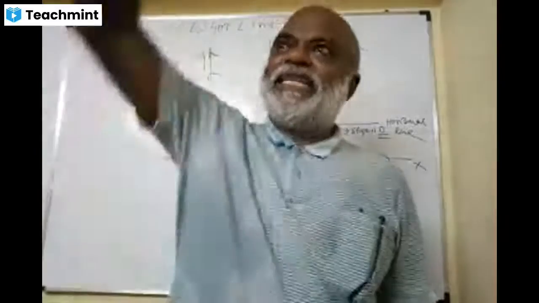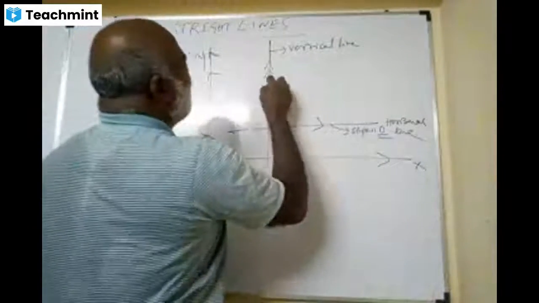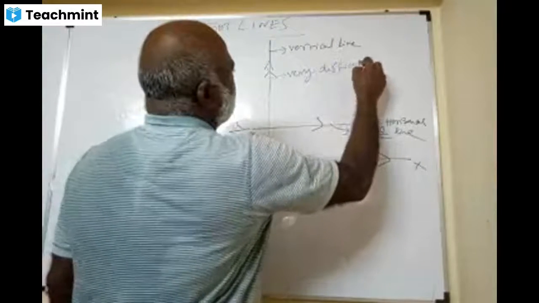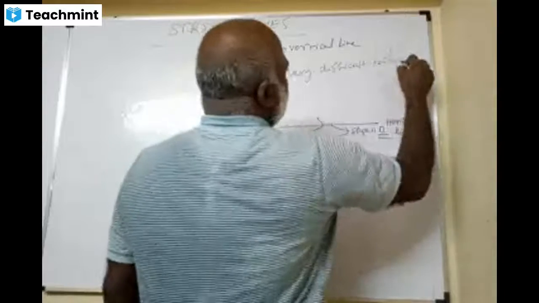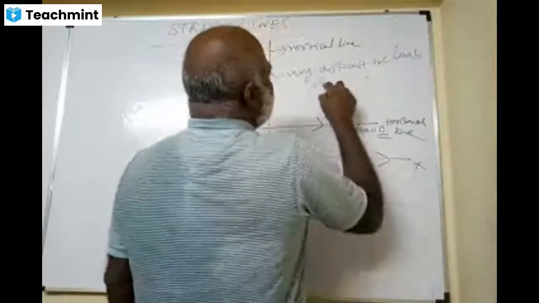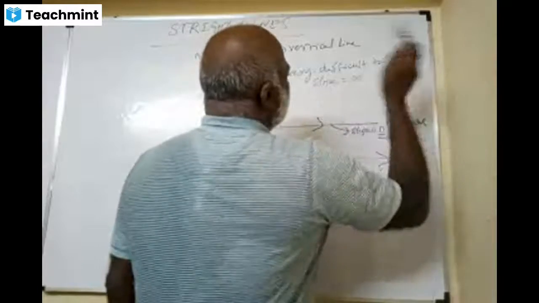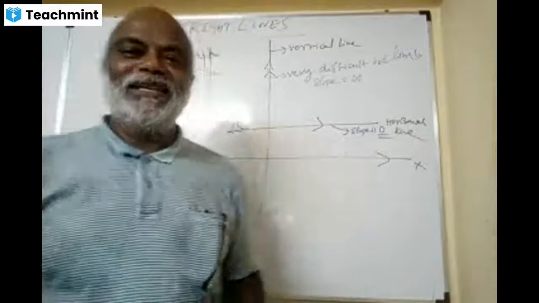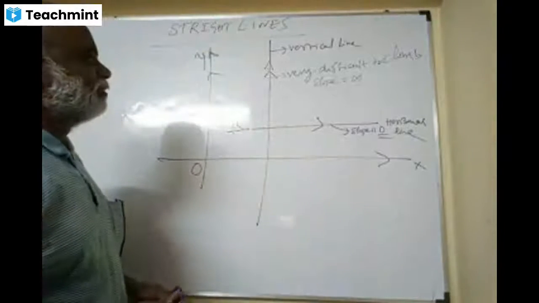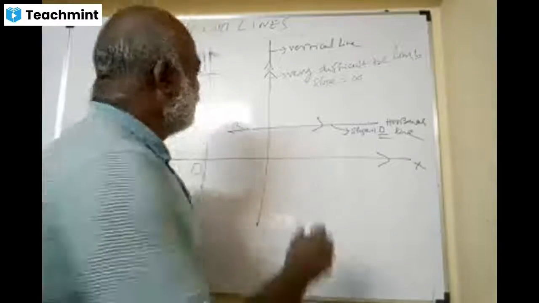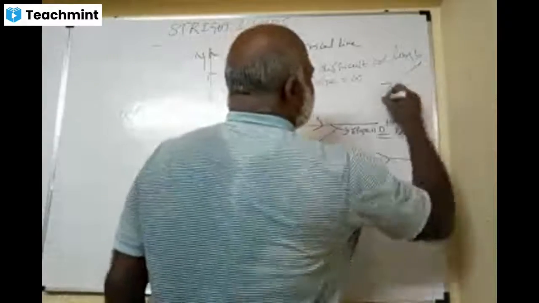And this is called vertical. Perpendicular to the ground is called vertical. It is very difficult to walk, very difficult to climb. That is called slope is infinite. Slope is infinite. That's very difficult. Please understand this. That's why it is difficult. There are several other lines. We can draw a line like this,